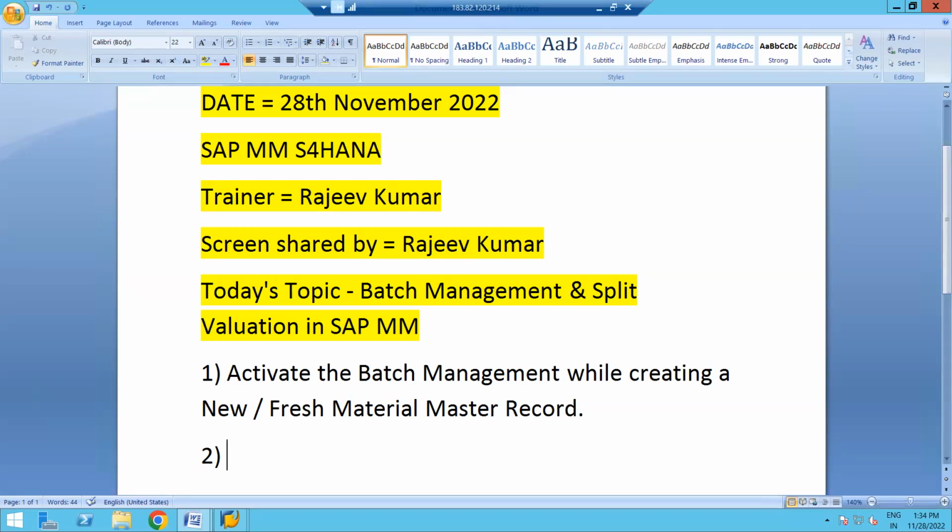But in this situation, when you want to deactivate the batch management functionality, it is very important that there should be no stock, and also no open purchase orders associated with that particular material. So all the quantity should be zero, whether it is stock for any plant, or any quantity lying in the open purchase orders. Okay, so